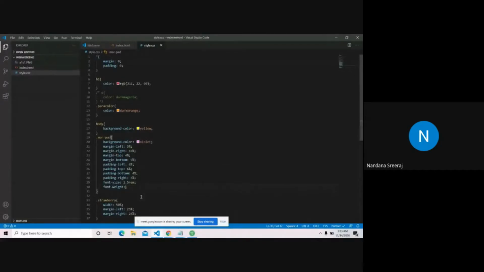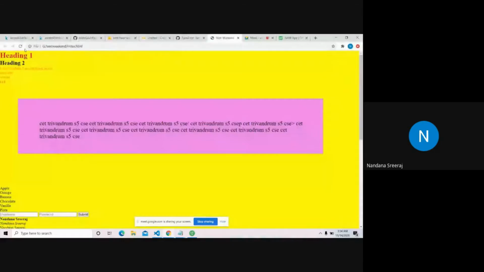You'll get predictions when you give that. I'll just show you. The font weight can have values from 100 to 800, depending upon how much thickness you want. I'm just giving 700. It became a little bit bold. So what did I do? I used font size to increase the size of the font, and I used font weight to increase the thickness.